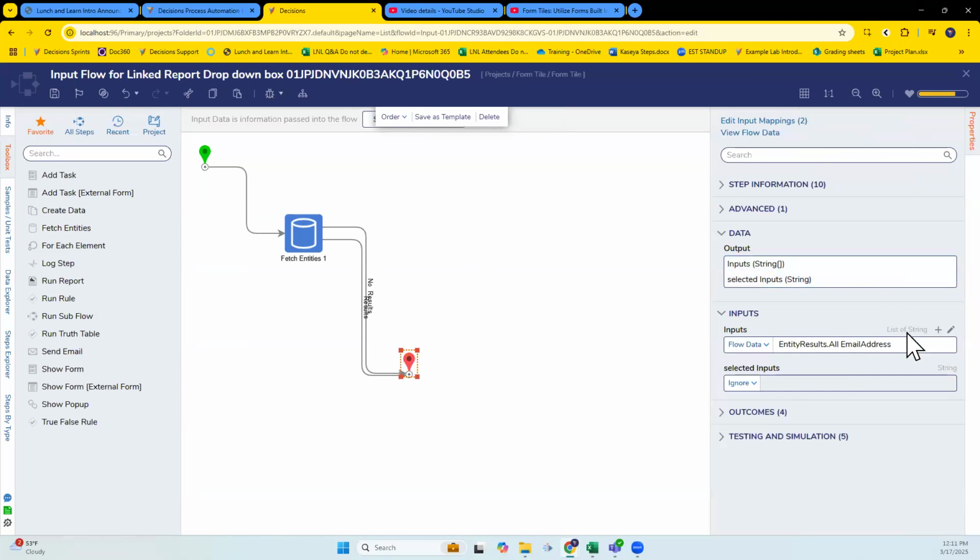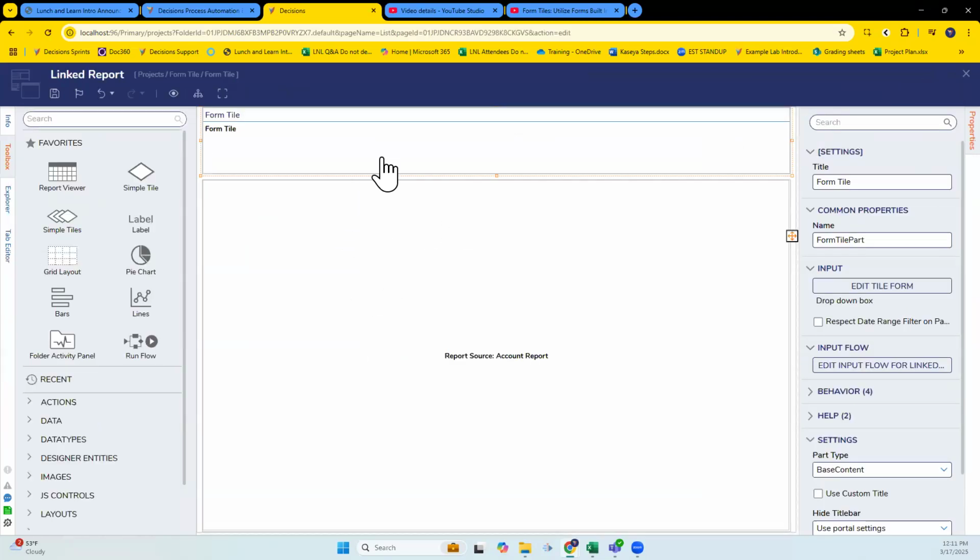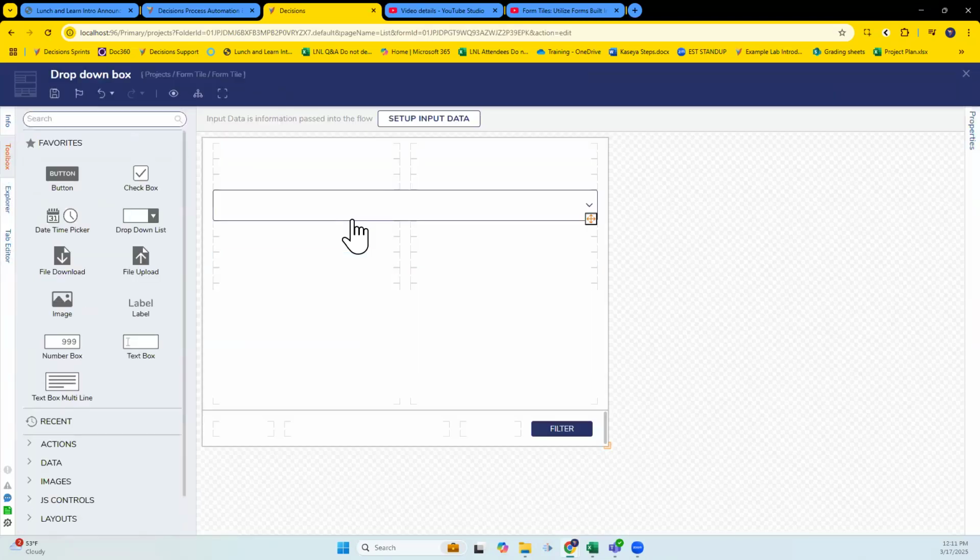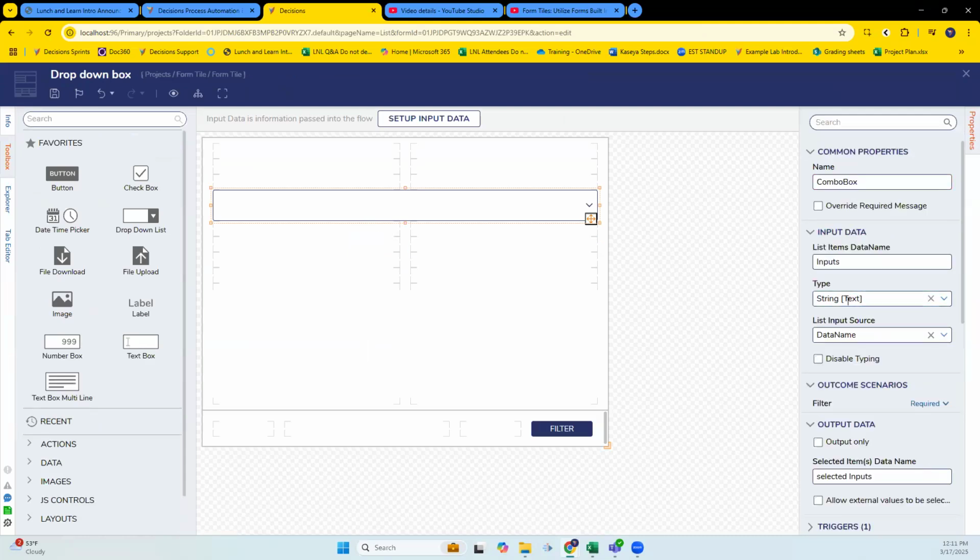I'm sorry. What's the question? What is the, right here, you see how it says list of string. What is the type of data that your form is expecting? You could also probably navigate to here and say what type are we expecting? It is a string. Okay. And you have your list input source as a data name or as flow? Oh, as data name. Okay.